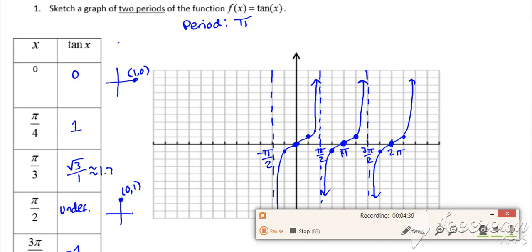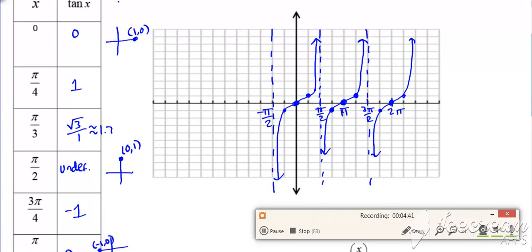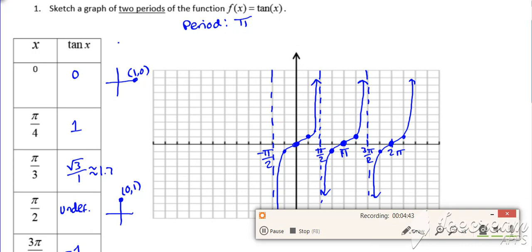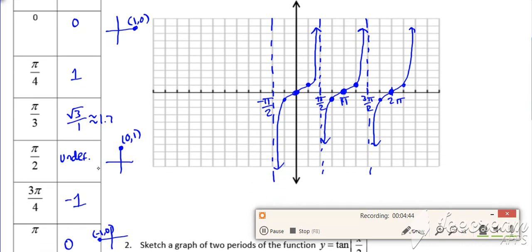Another thing to note is that your asymptotes are occurring at pi over 2, 3 pi over 2, or any coterminal of those angles. But again, they are pi radians apart from each other. So this is going to continue on for tangent graphs. So we're going to go ahead, we'll try one in the next video, and then we'll look at